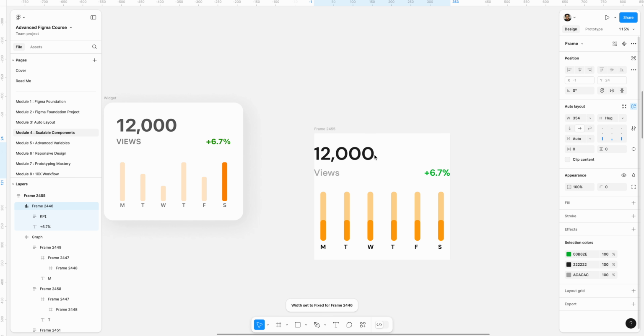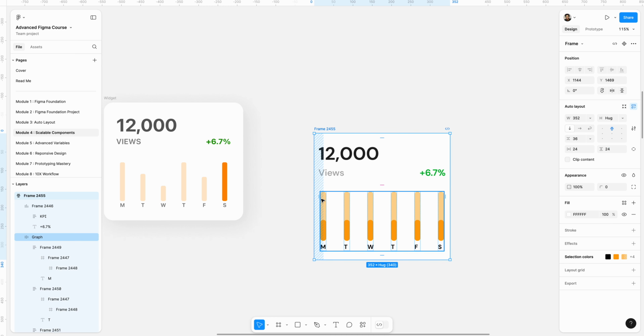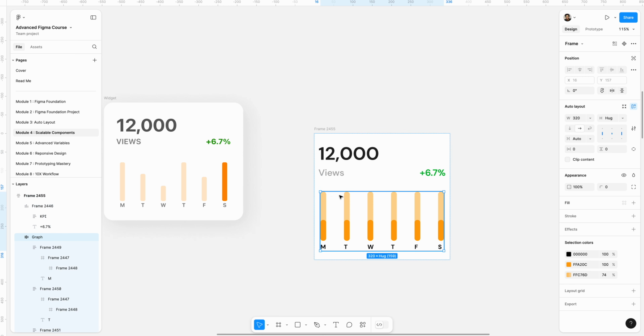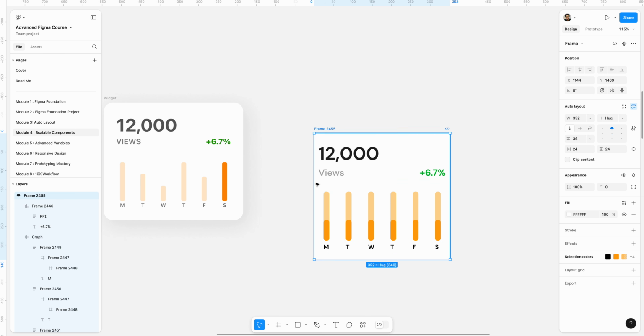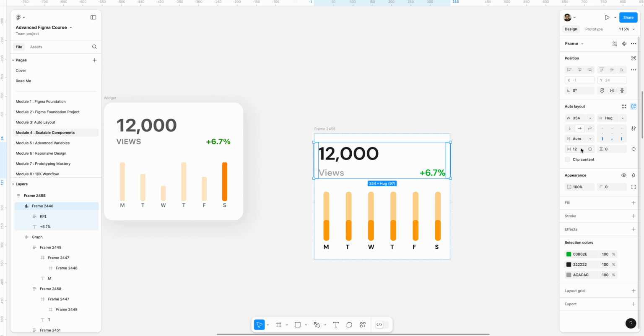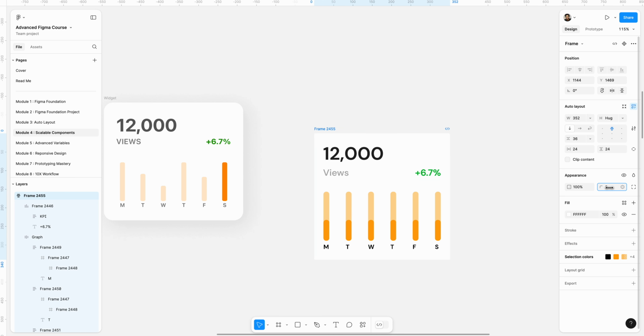So let's try to troubleshoot this, and this is the important thing about auto layout, is we got to troubleshoot it. So let's try maybe adding a margin here. Okay, that seems to be working, and let's try to make this a fill container. And then let's make this 24, and let's fix this to 24 as well. So we have that proper alignment that's happening here, and let's go ahead and add